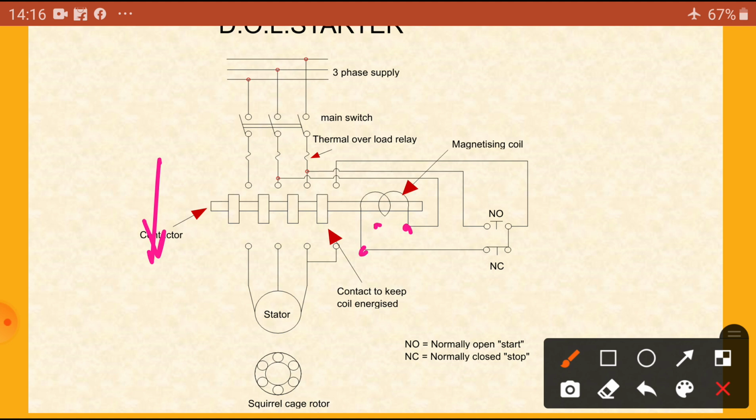The current has to flow. Let us take one phase here. It is connected to this one. Now normally open, so there is no closed path. It stops here only.